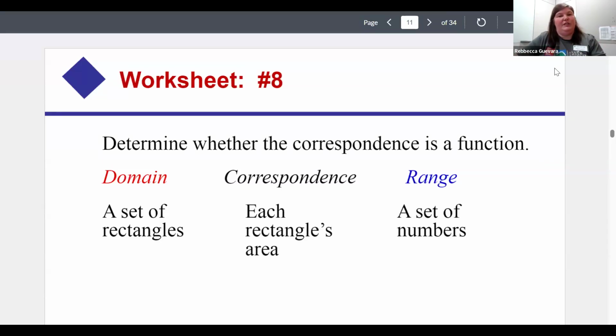So if we look at these ones here, we have a domain, a correspondence, and a range. So we need to determine whether the correspondence is a function. So my domain is a set of rectangles. Just different kinds of rectangles. And then what we're doing is just finding each rectangle's area. So if you want to, just write some out, try to think about it a little bit and determine when it does this and it goes to an area,